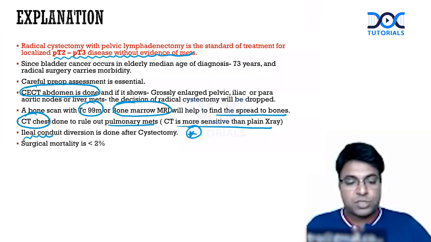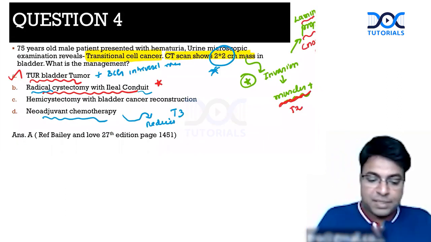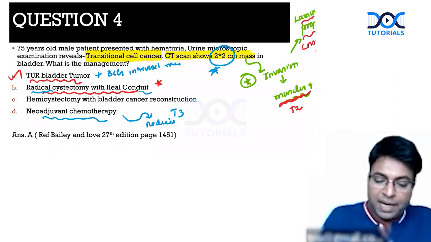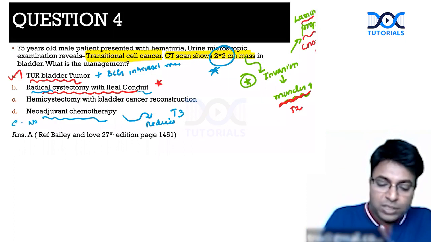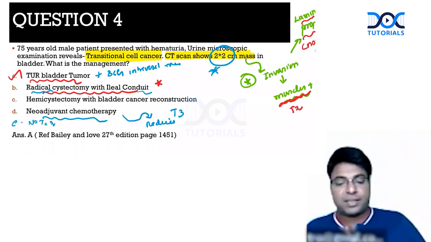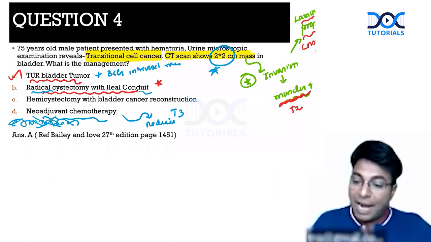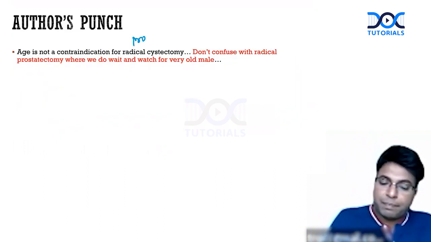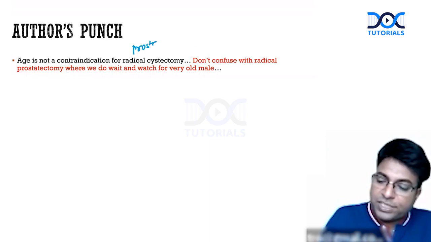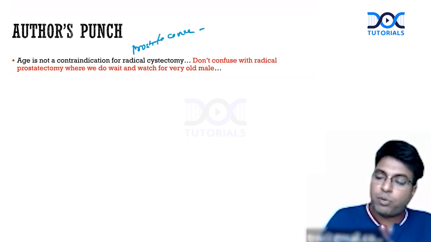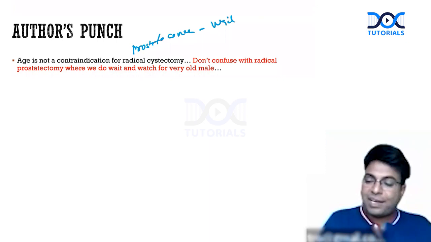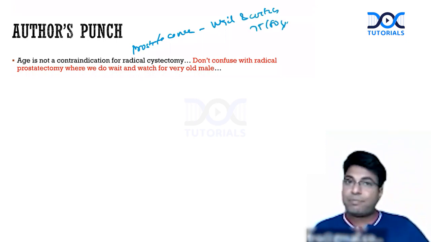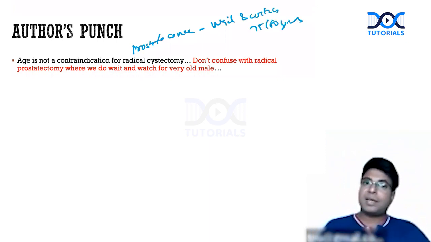And I was wondering, many students actually told there is some other choice, no treatment needed. I'll tell you, this is not the correct answer. Even if there is no treatment mentioned in the choice, it is not the correct answer because bladder cancer always needs surgery. And most of the students got confused with prostate cancer. In prostate cancer, we can wait and watch. If the patient is very old, above 75 or 80 years, we can wait and watch because for an early cancer, they won't die of prostate cancer. They will die of some other cause even before the prostate cancer takes its upper hand.